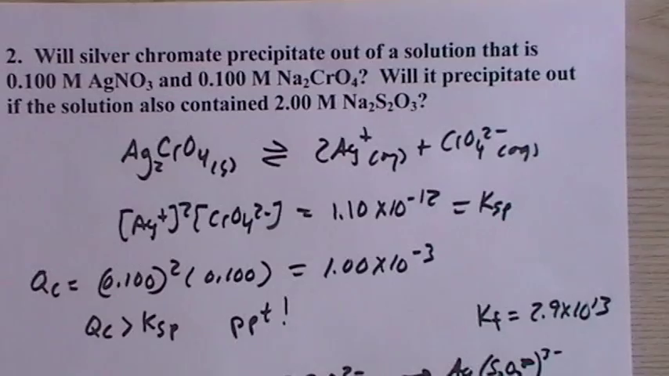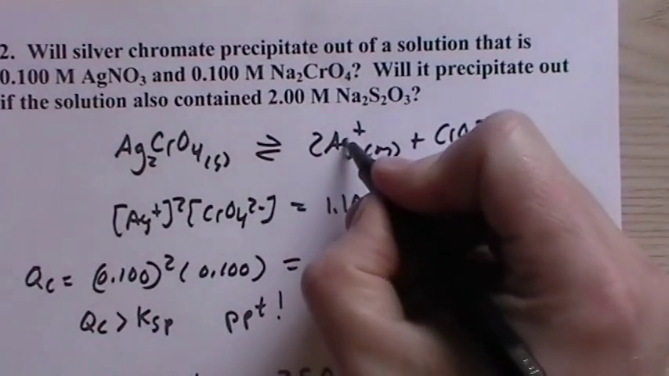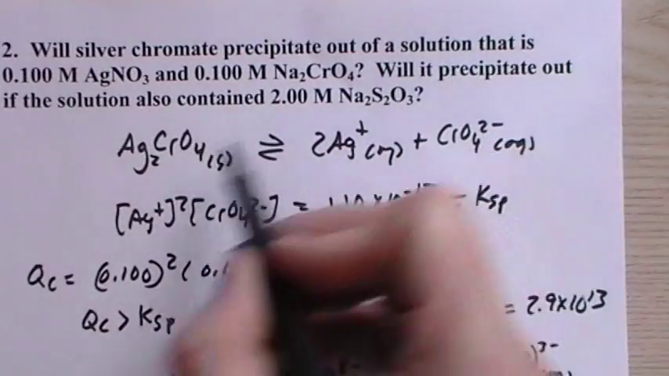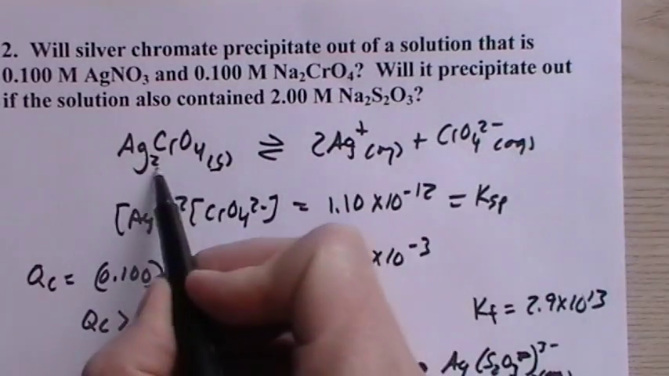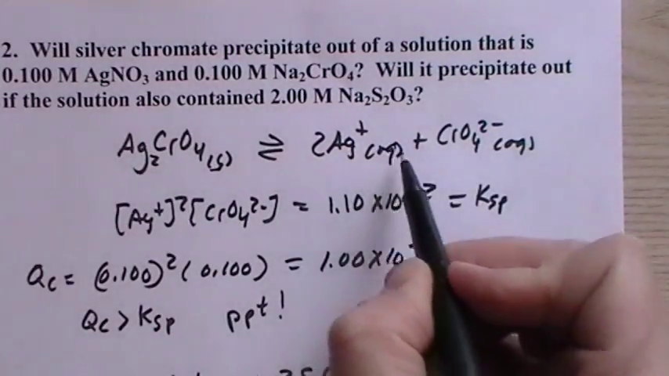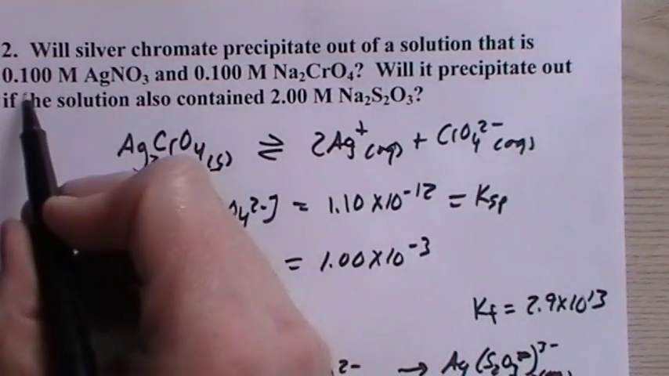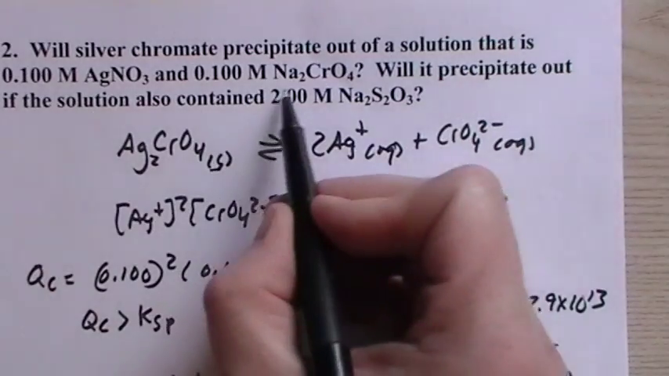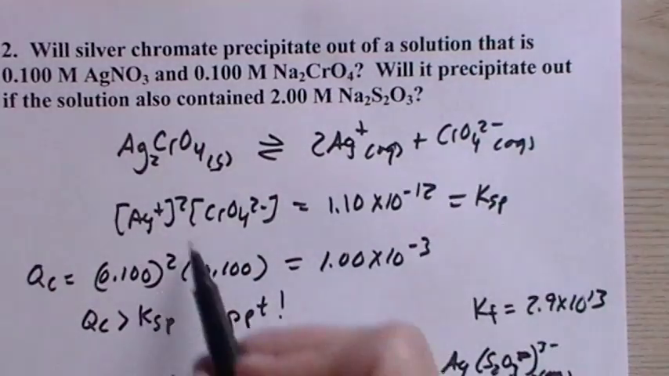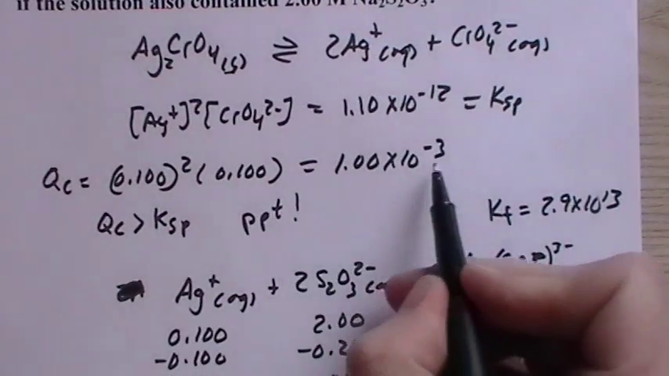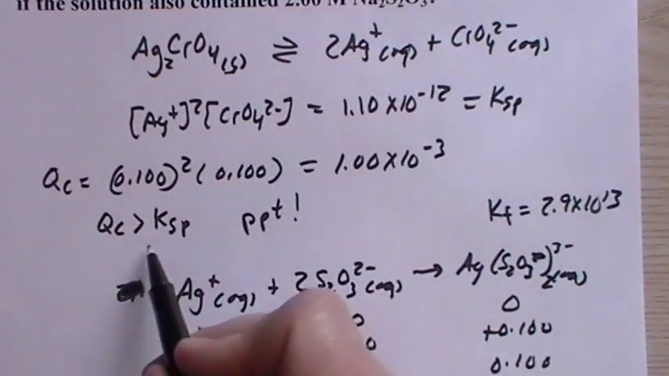Okay, now I did the same thing here where I did out the problem. Since I already did it out, same kind of thing. Will silver chromate precipitate out? Here's silver chromate. Now it's a 2 to 1, which is why I have it in here. I have something a little different: 2 to 1 for the cation versus the anion. We have 0.1 molar silver and 0.1 molar chromate. If we put those values in, we see that it's much larger than our Ksp, so there should be